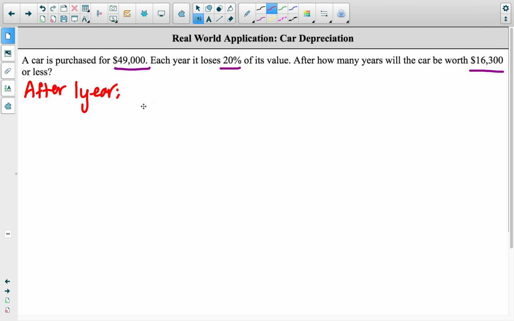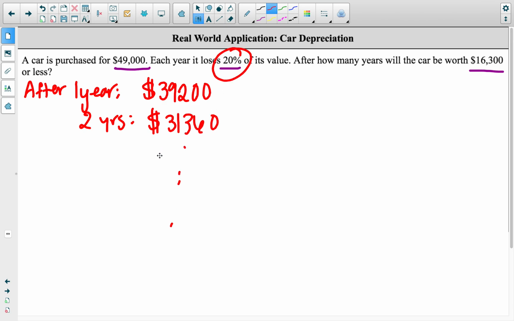almost 10 grand, not quite. We find out that it's worth $39,200 after 1 year. After 2 years, we would do the same thing. It would be worth $31,360, and we could just continue that process, taking 20% of the number that comes next and then subtracting that from the value,